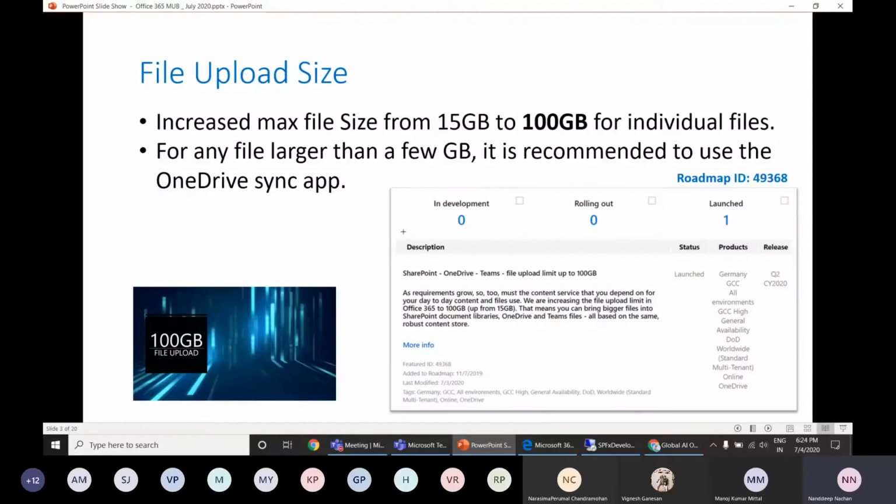Microsoft has increased the maximum file upload size from 15 gigabytes to 100 gigabytes for individual files. These limits apply to an individual file being uploaded or synced and not to your total storage. For any larger file, a few gigabytes or more, it is still recommended to use the OneDrive sync app rather than the website upload feature. But the good thing is that the maximum size is now increased from 15 GB to 100 GB for individual